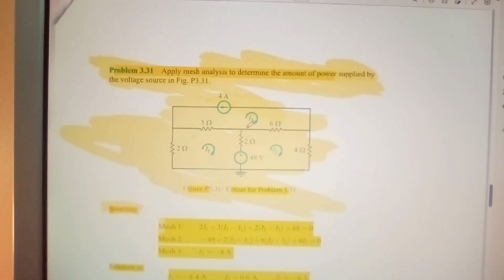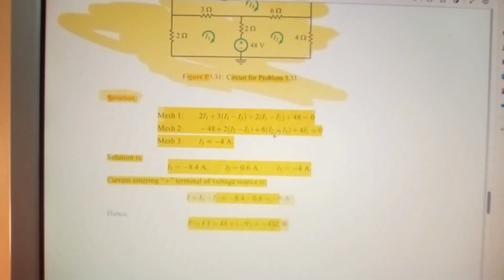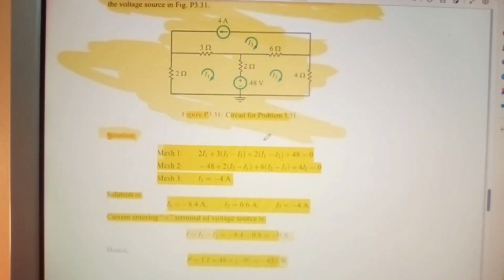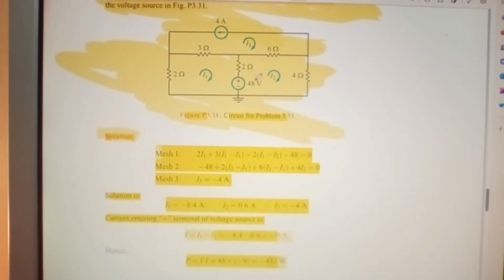Apply mesh analysis to determine the amount of power supplied by the voltage source in figure P3.31. Now look at this. We have I1, I2 and I3, but we have mesh 1, mesh 2 and mesh 3. So mesh 1, 2I1 plus 3,